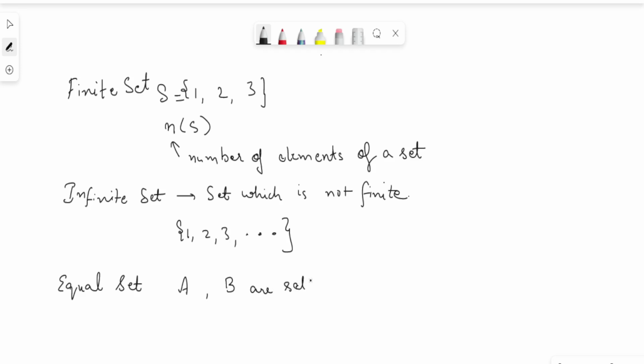When do we say A is equal to B? It means that if every element of A, it means a belonging to A, this symbol is for belongs to, it means a is a member of A, right? A belongs to A implies that a belongs to B, and a belongs to B implies that a belongs to A,